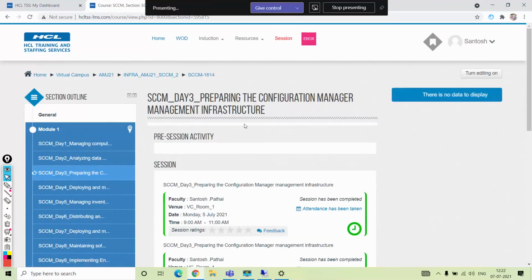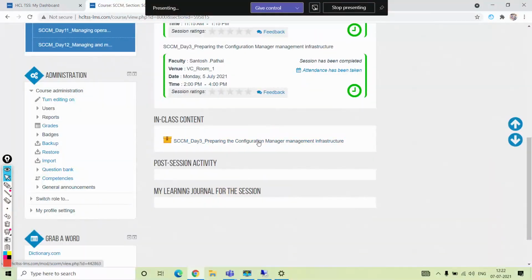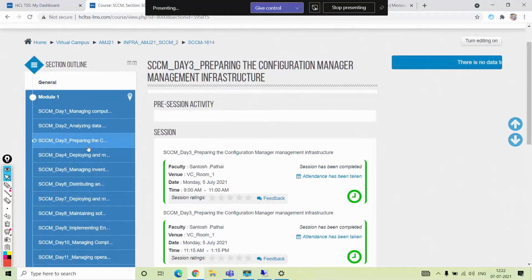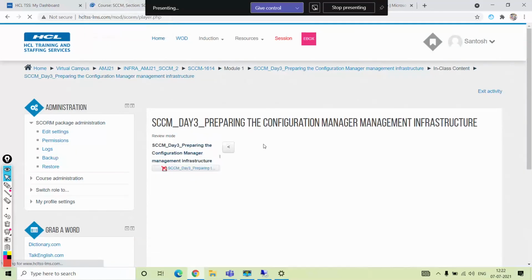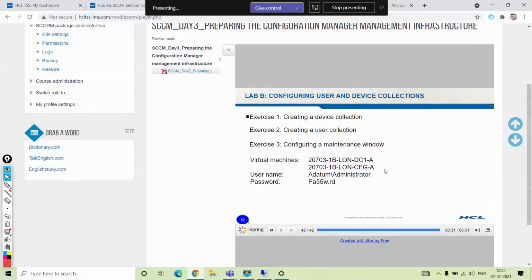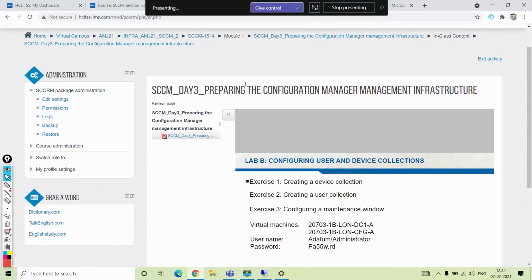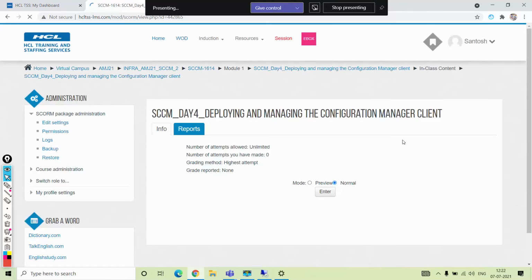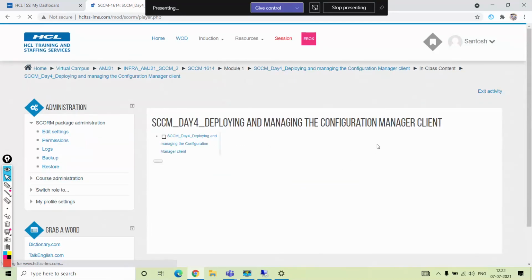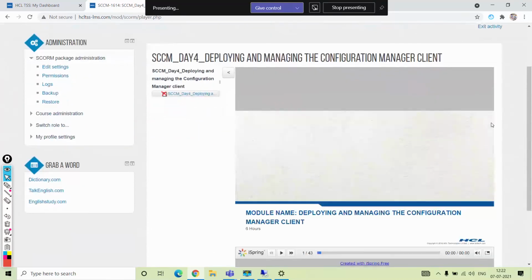Right, preparing configuration manager infrastructure, we just completed that slide. Right, so go through the slides of day 4, deploying and managing the configuration manager client. Then we'll see the installation of the client. So how much time do you need to complete these slides?